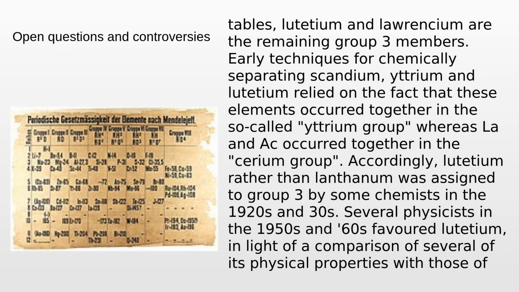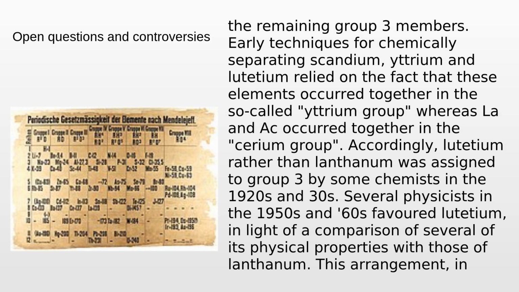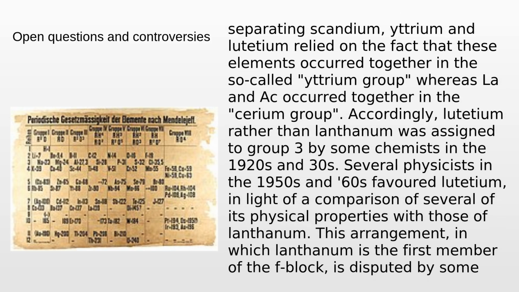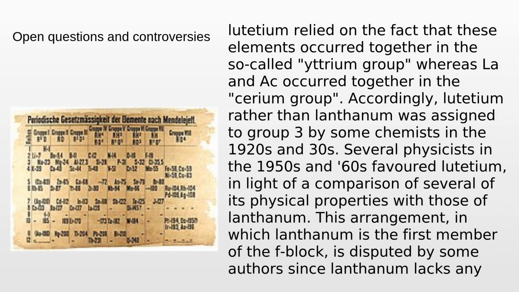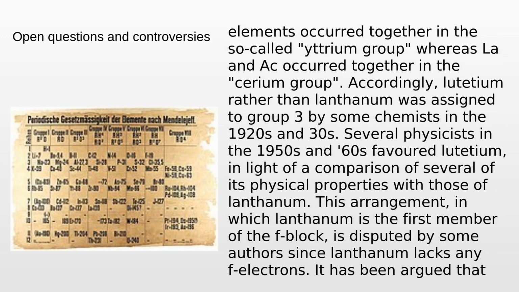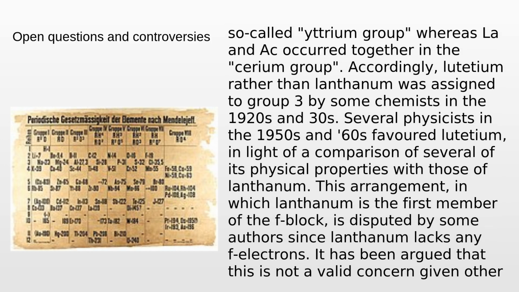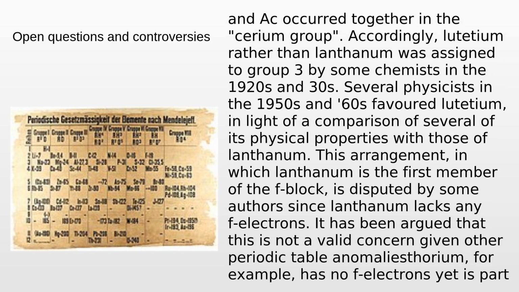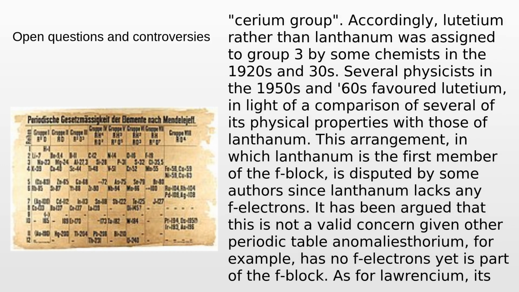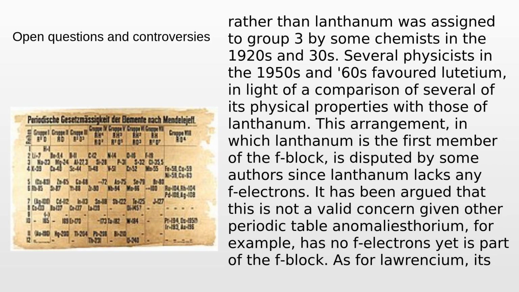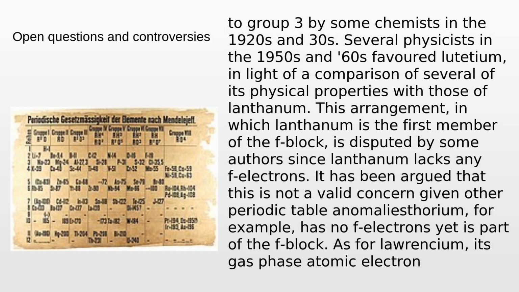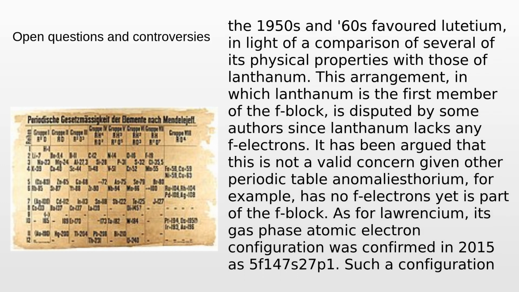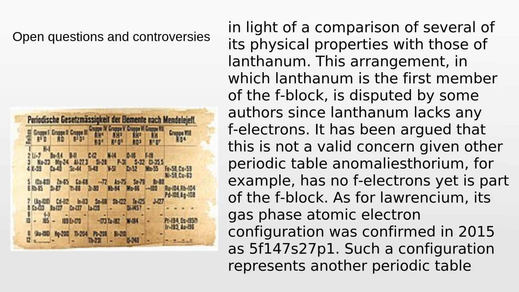Early techniques for chemically separating scandium, yttrium and lutetium relied on the fact that these elements occurred together in the so-called yttrium group, whereas lanthanum occurred together in the cerium group. Accordingly, lutetium rather than lanthanum was assigned to Group 3 by some chemists in the 1920s and 30s. Several physicists in the 1950s and 60s favored lutetium, in light of a comparison of several of its physical properties with those of lanthanum. This arrangement, in which lanthanum is the first member of the f-block,